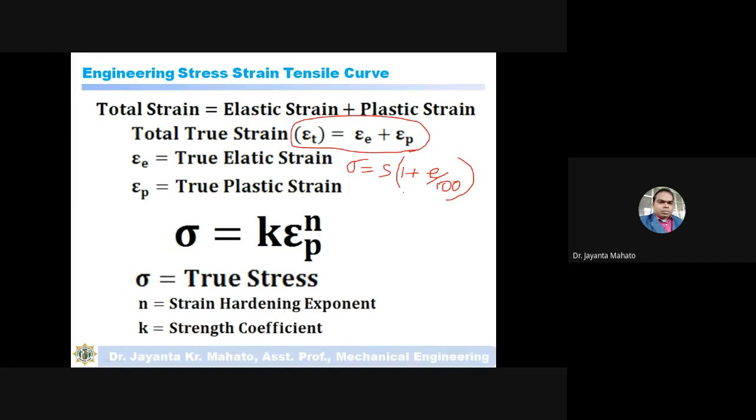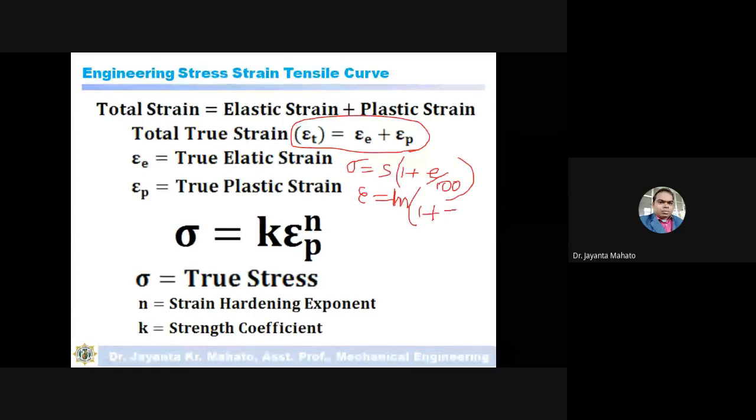So from this relationship, you can calculate the true stress. And true strain epsilon is equal to ln of 1 plus e.